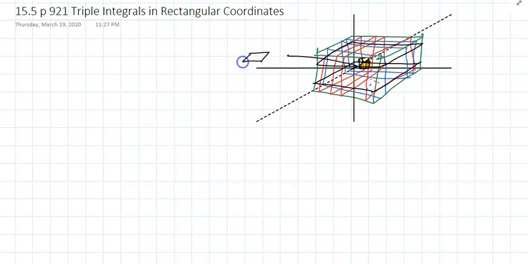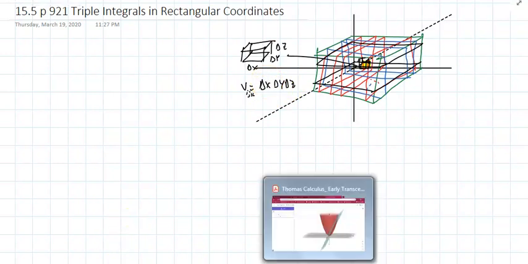That's going to look like one of these rectangular boxes, in which this is delta y, this is delta x, and this is delta z. And as you can guess, volume is delta x, delta y, delta z, and this is sub i, j, k, and I could do the same for those. And the volume turns out to be